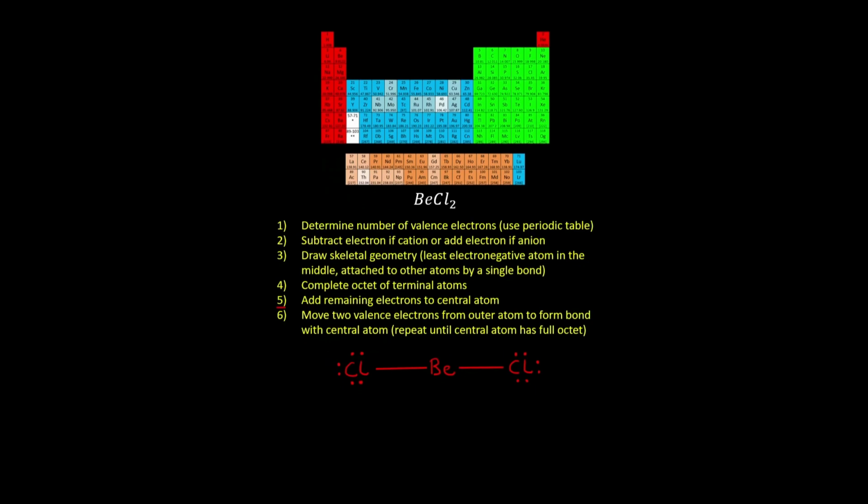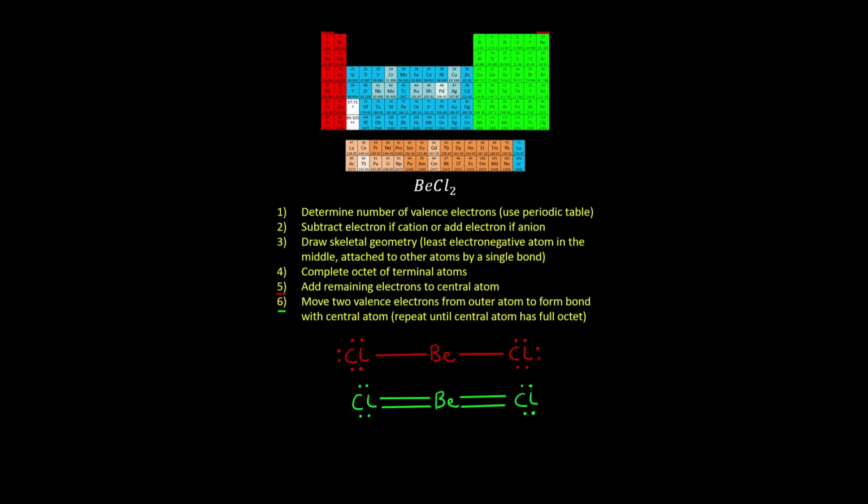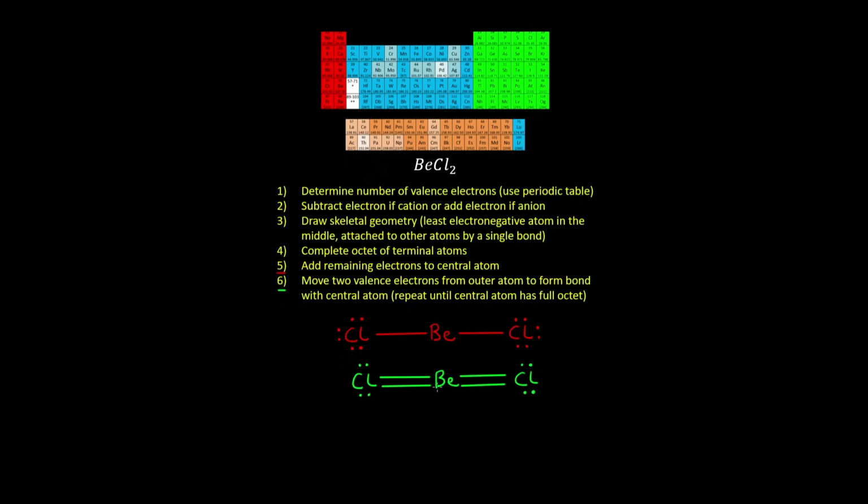And if we continue to step 6, to give beryllium a full octet, we obtain the following Lewis dot structure. Well, we basically took a lone pair of electrons from each chlorine to form an additional bond. Now to determine which Lewis dot structure is the most likely correct, we introduce the concept of formal charge,